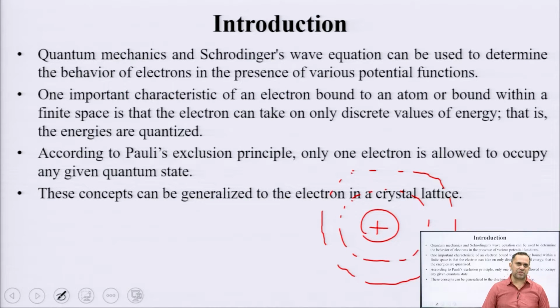When you solve it for every electron, the solution helps you find the levels of energy which can be occupied by any electron. Thirdly, Pauli's exclusion principle says that no 2 electrons will have the same set of 4 quantum numbers. Using all these 3 as a basis, we can now proceed to discuss energy band formation in a